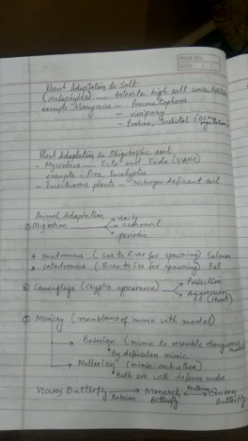Migration can be long-distance or short-distance. Migration is basically done by organisms either in a daily manner, where the organism may migrate and come back to its habitat again and again, or in a particular season. And then there are some migrations which are periodic, happening every time in a cyclic manner. So there are three types of migration: daily migration, seasonal migration, as well as periodic migration. Let's learn some examples.